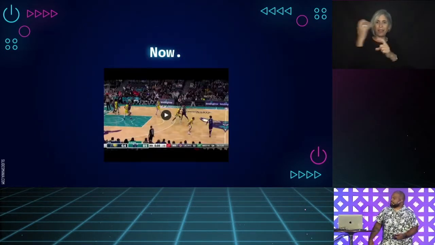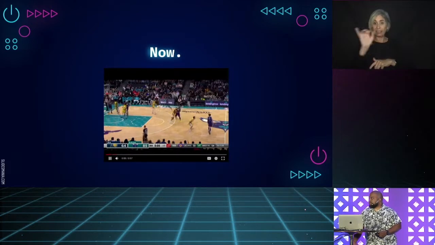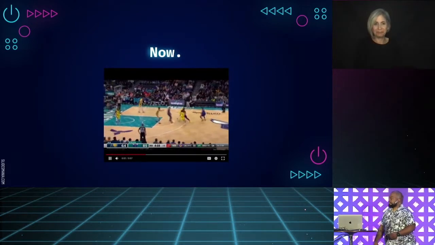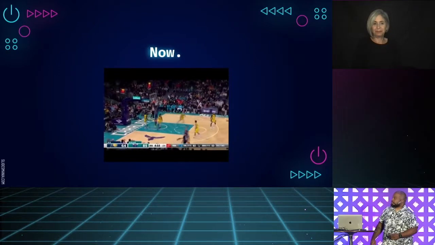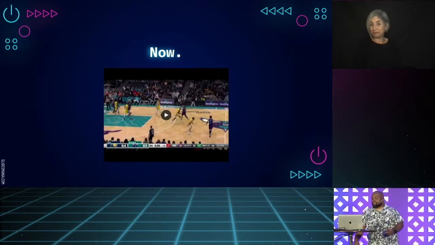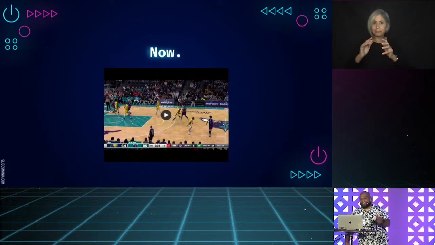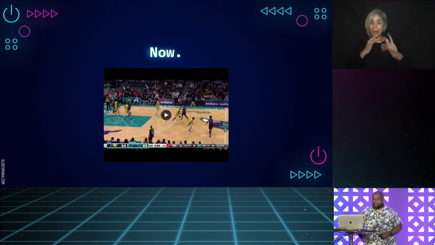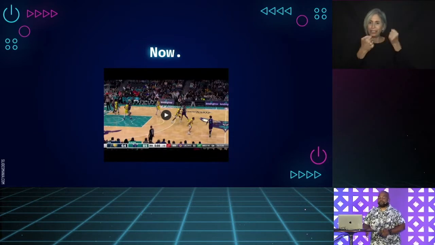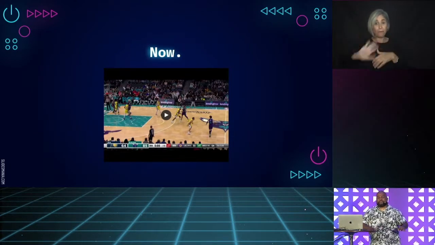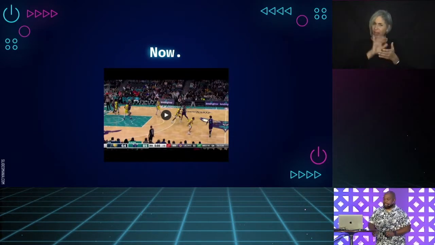Now, basketball is played like this. Now, it's faster, it's more up-tempo, and it's a lot more exciting for the fans that are watching the game. Because the way that it was played the old way, people thought that that was the game of basketball.